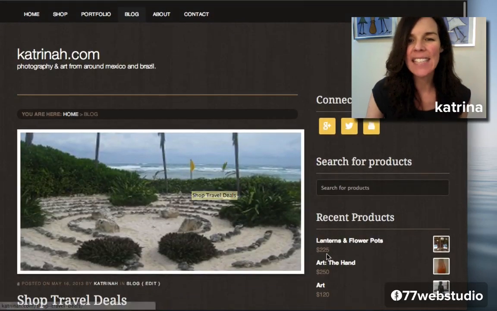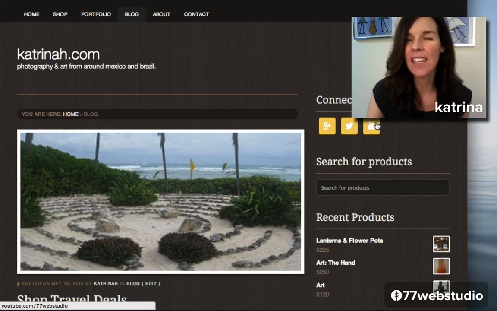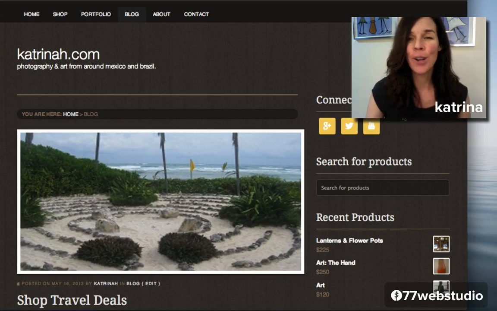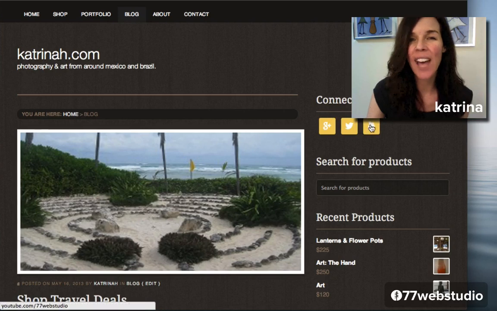And then on the right-hand side, we'll have a sidebar where you can add any kind of customized content you like. So I'll show you how to set up the custom content, and of course you can include different content if you like. For this particular example, I have some social icons, so I'll show you how you can set those up so anyone can connect with you on the social web, either via Google+, Facebook, Twitter, YouTube, or some other social network.